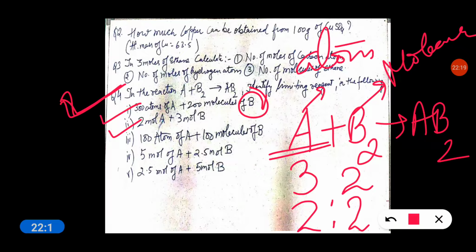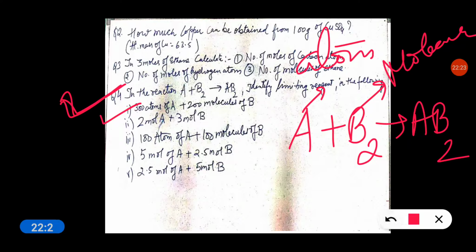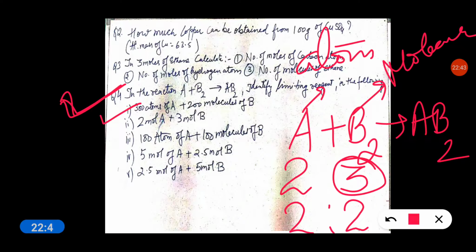Second case, 2 mole of A and 3 mole of B. Here you can see the reverse condition. 2 mole and 3 mole. As I told you, the ratio will be according to the smaller one. So the ratio can be 2:2. Which will be left over? According to the reaction, B will be left over because it is more. So what will be the limiting reagent? In this case, with 2 mole of A, A will be the limiting reagent. Third case,